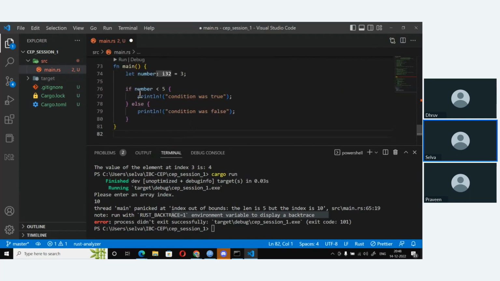So if number is less than 5, again remember one of the important things, you do not have to enclose this in parentheses. But using parentheses is of no harm, and in fact it's a good idea, particularly when you want to change the order of evaluation of the expression.